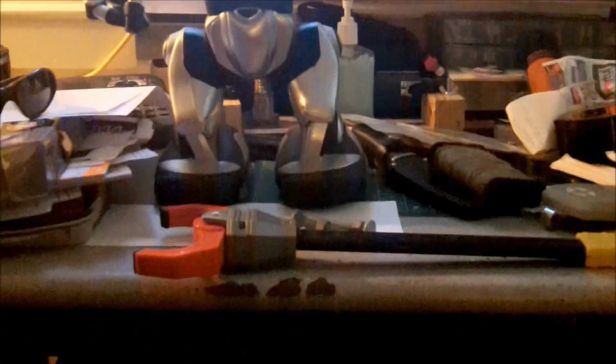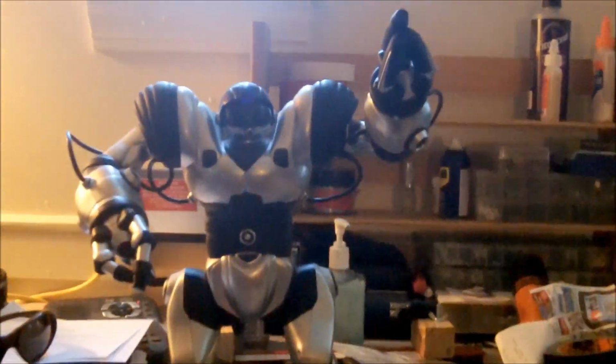Yes, I'm kind of filming in a weird spot. I'm not filming in my normal spot because my house is taking rocket fire, as you can see behind me. I'll show you the carnage. There we go. Here's my bench. It's in disarray right now. And there's my robot right there. He's cool. There's my sunglasses. Oh, don't mind that over there. And there's my